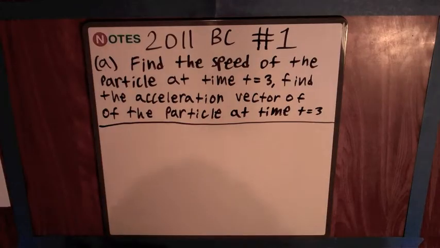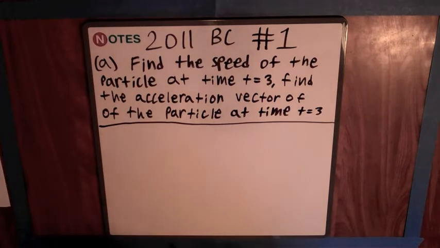Part A. Find the speed of the particle at time t equals 3. Find the acceleration vector of the particle at time t equals 3. So for the first part, find the speed of the particle at time t equals 3, you're going to use the equation